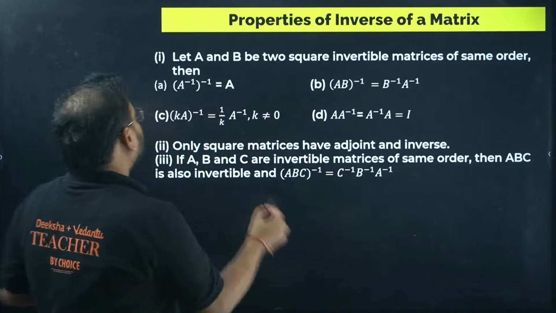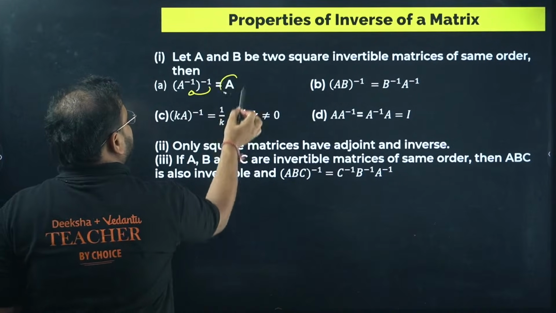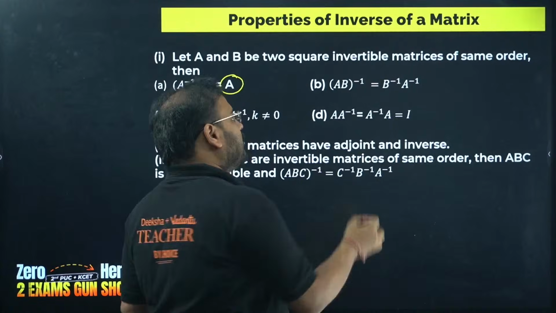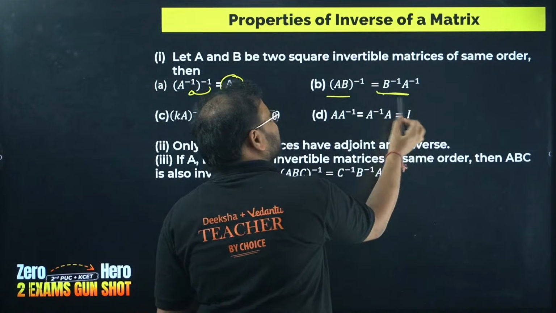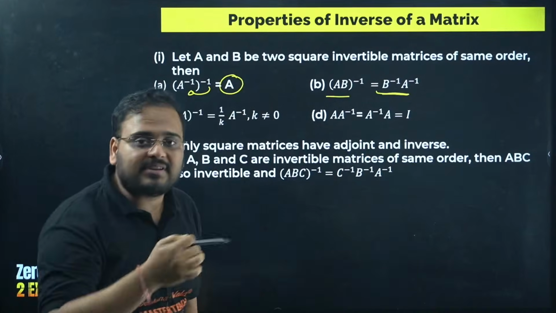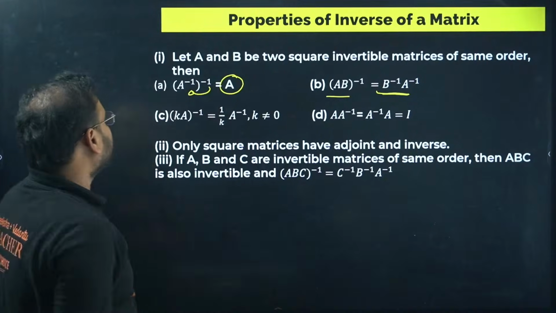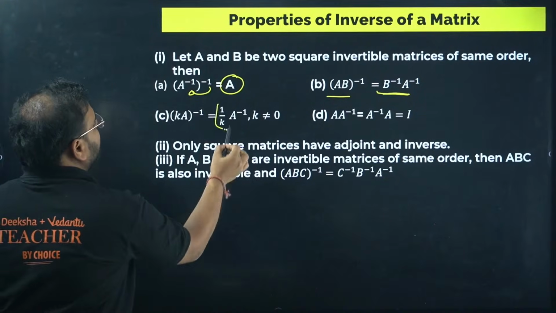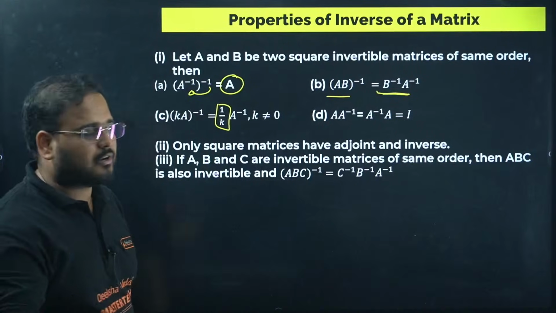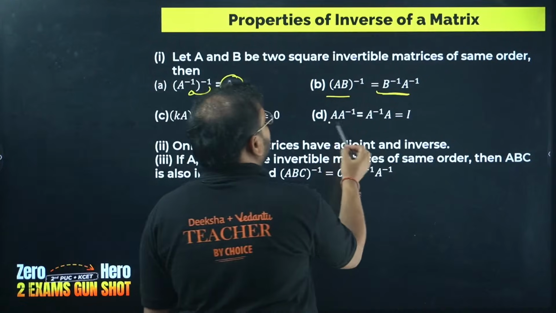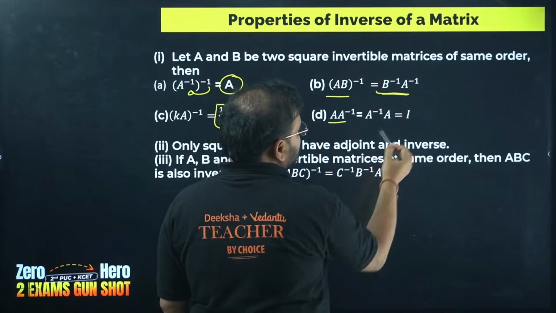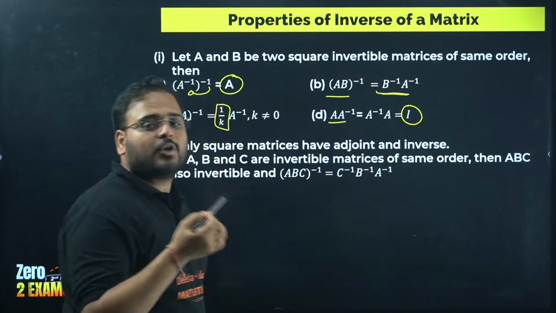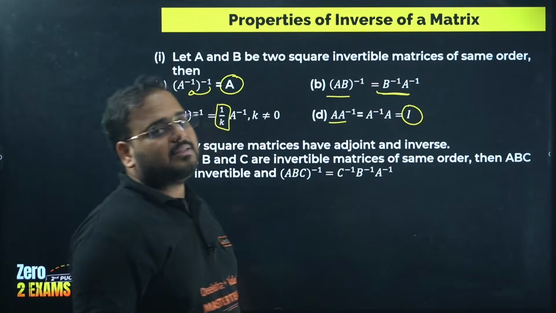Properties of the inverse of a matrix. The inverse of the inverse is given by the matrix itself, and if you are looking for the inverse of a product, it will interchange the order, meaning you get B first and then A in the product. If you have a constant K, it becomes simply 1 by K as the reciprocal. The exponent rule will hold true over there, and A inverse A is always I.